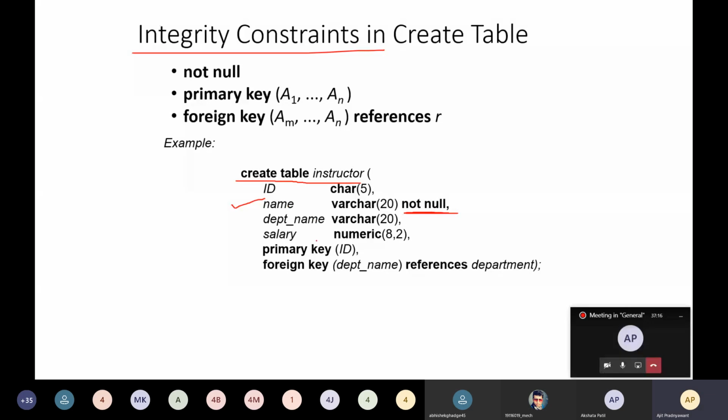I want to make the ID the primary key, so just mention primary key. And I want to make the department name a foreign key, so just mention foreign key department name, which references the department table. At the end, a semicolon. So this is the way to mention the integrity constraints in a create table construct.